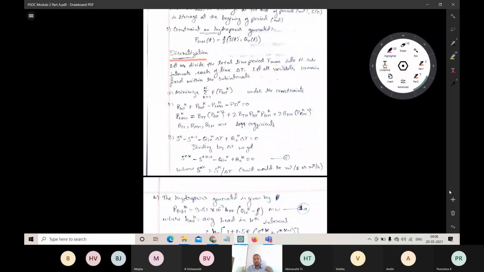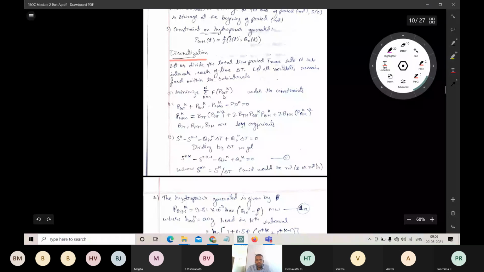What we need to discretize here is the production cost. We need to minimize the production cost of the power generated by the thermal power station, that is F of PGT. That is the first problem we need to discuss now: sigma k equals 1 to n of F of PGT, which is the production cost of thermal power generation.